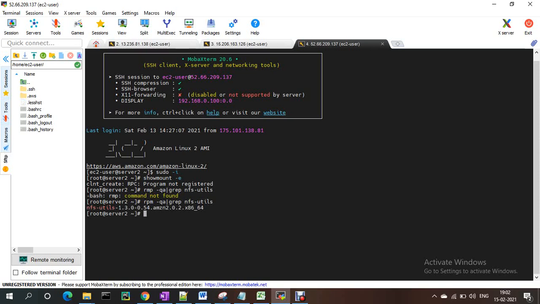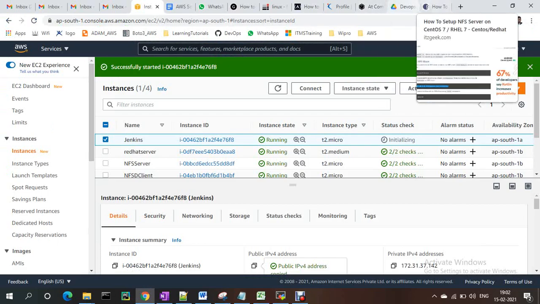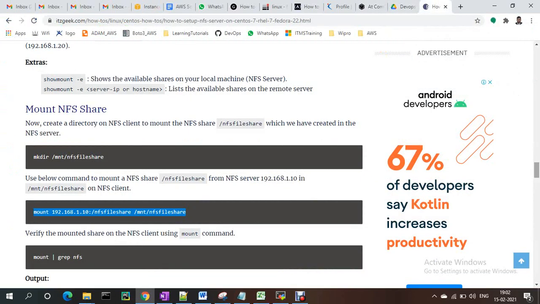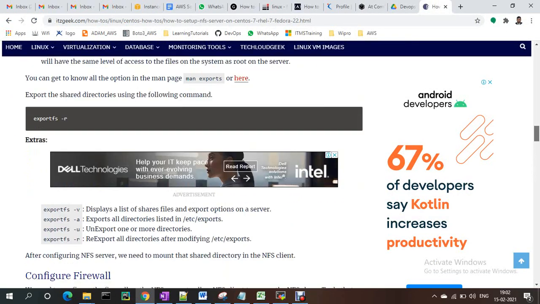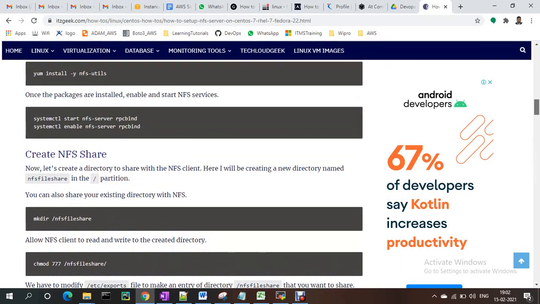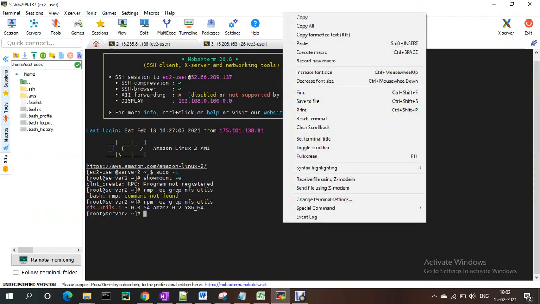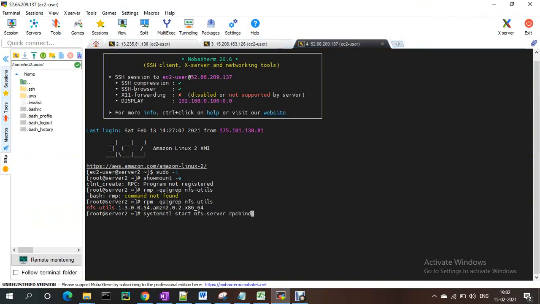So we need to start this one. That's why it is not coming if I run showmount -e. So I just started it with systemctl, pasted here. Now it is started.